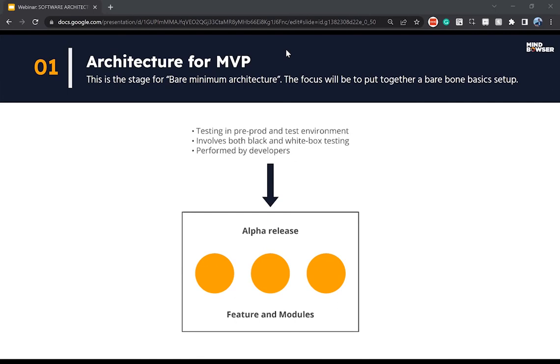So either it is an MVP or a large-scale product, when we start adapting to the production environment, it has to move from alpha to beta and from beta to the actual production. In that way, we design all of these. Just to confirm, in the alpha release you mentioned that the compliance and the security needs are taken care of? Yeah, in alpha release the focus is mainly on the functional requirements. In beta release, we take the complete security part and compliance part.